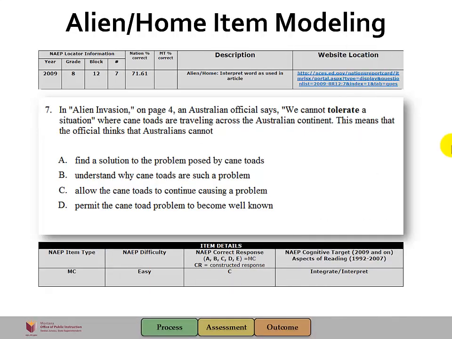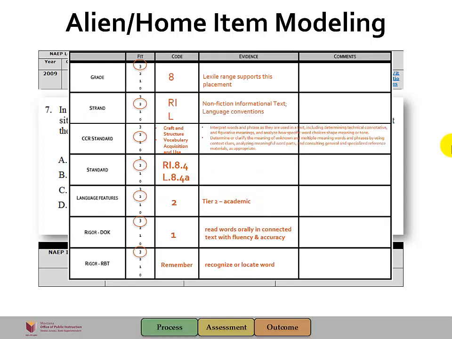The third and final example is for the alien home passage. In the question, in Alien Invasion on page 4, an Australian official says, "We cannot tolerate a situation where cane toads are traveling across the Australian continent. This means that the official thinks that Australians cannot." The grade most appropriate for this item, again, would be grade 8, where the Lexile range supports the placement. The strand that is most appropriate would be reading informational text and language